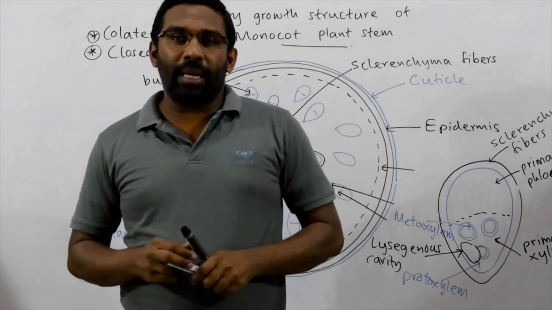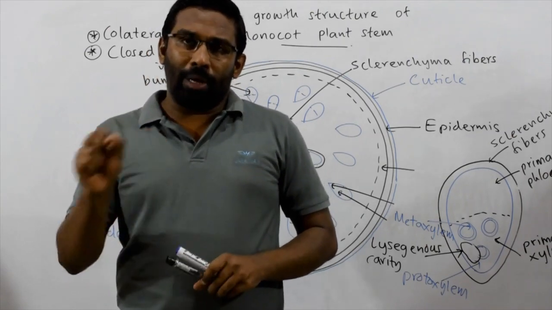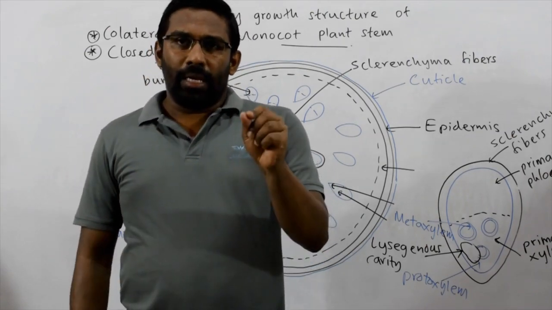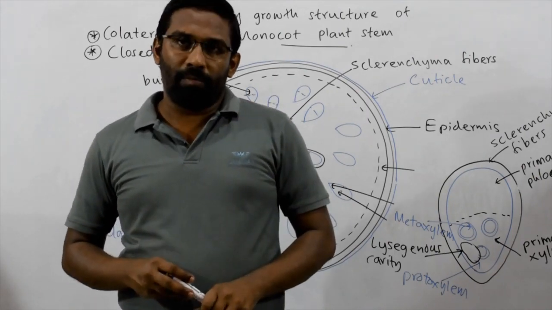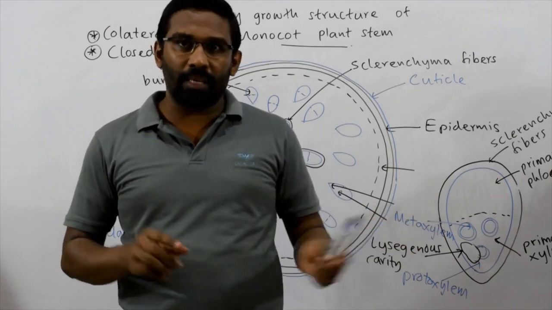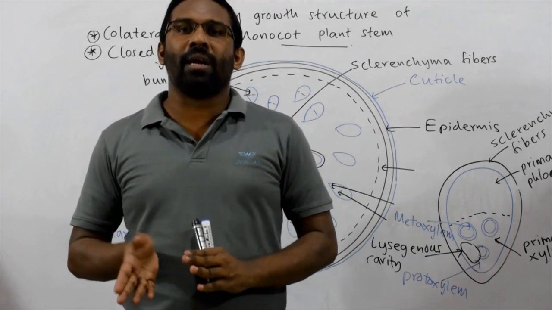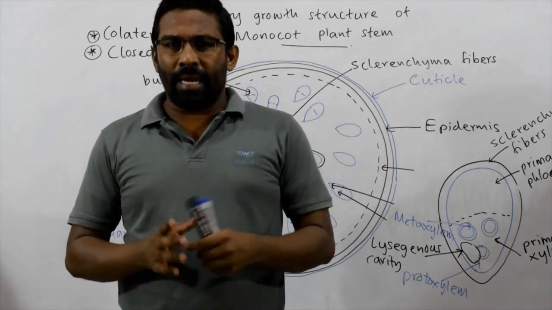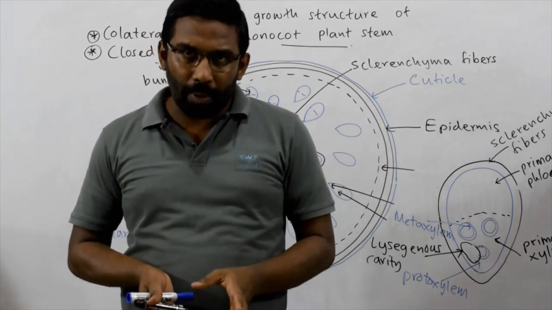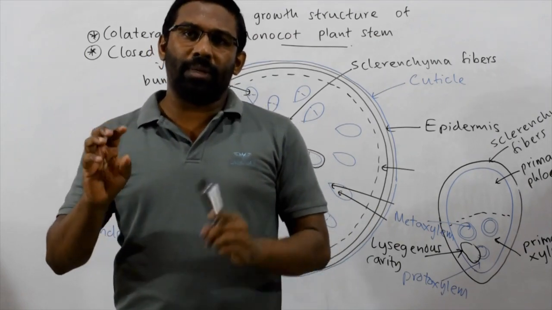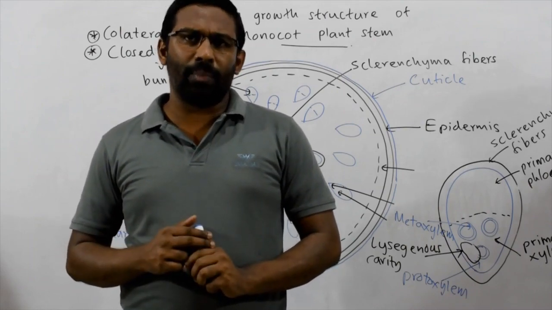Okay. The main difference is, think about the apical meristem found in shoot apex and root apex. In root apex, the apical meristem is covered by root cap. We said it last day. But today we discussed that in shoot apex, the apical meristem is covered by leaf primordia and young leaves. That's the main difference. Remember that in root apex, the apical meristem is covered by root cap, but in shoot apex, the apical meristem is covered by leaf primordia and young leaves.